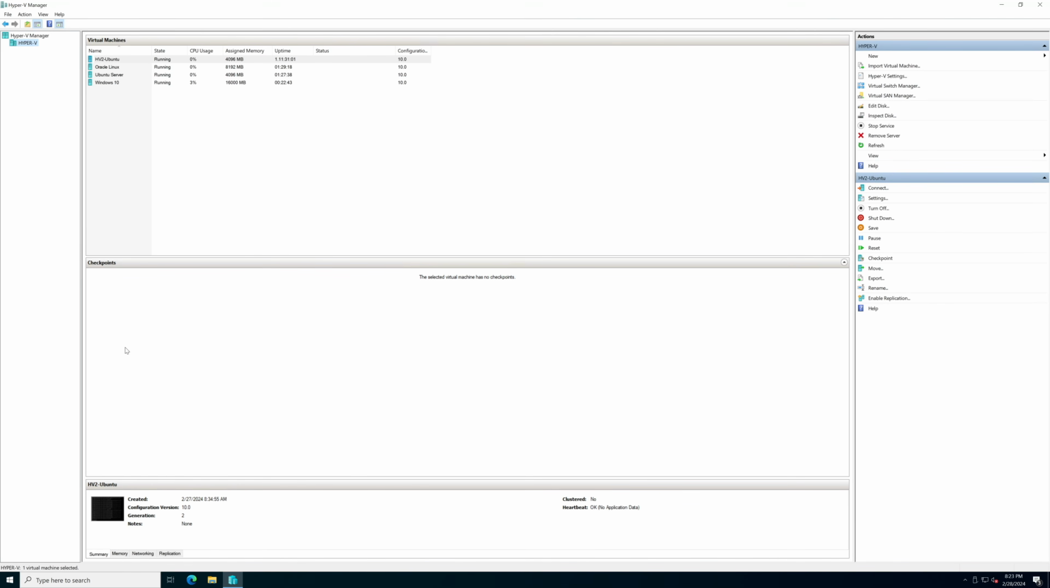The Hyper-V Manager interface shares some general similarities with the ESXi GUI. The left pane is focused on host navigation only and doesn't expand out to any components below. The top pane lists the current VMs deployed in Hyper-V, including their current state, CPU usage, assigned memory, uptime, status, and configuration version. The middle pane is where any snapshots, or in Hyper-V terms, checkpoints, for a VM would appear,